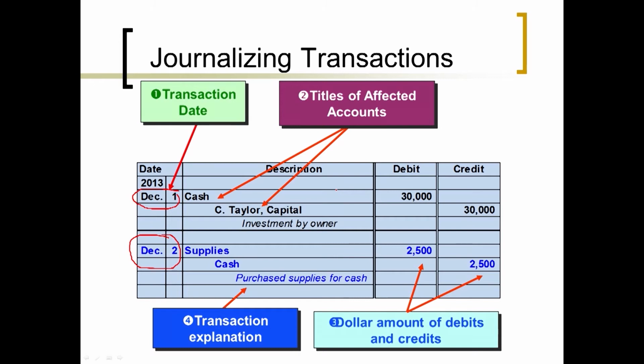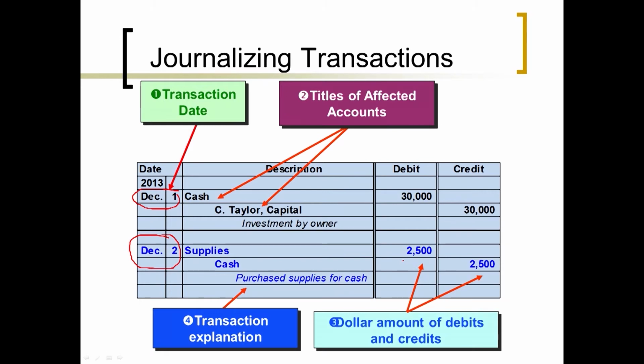Now, you have the dollar amounts. Now, don't put dollar signs. Don't put dollar signs, and by golly, don't put pluses or minuses in your journal entries. Never, never, never, never. Okay? No dollar signs, no pluses or minuses. And then they usually do this explanation for each transaction. I don't really make you do those, but sometimes they'll do those in the book or in the homework, but I don't make you write that.